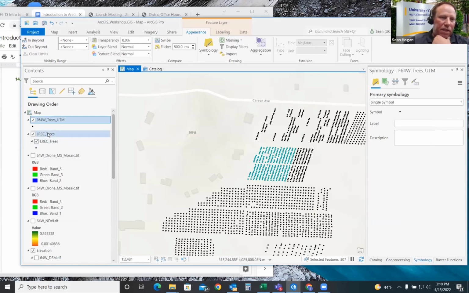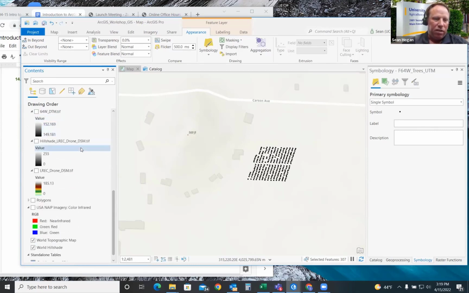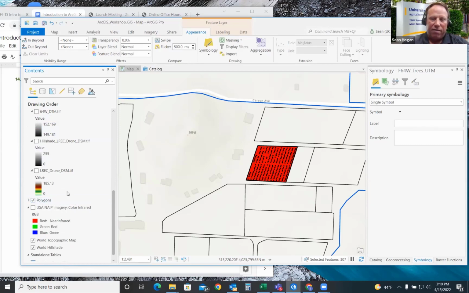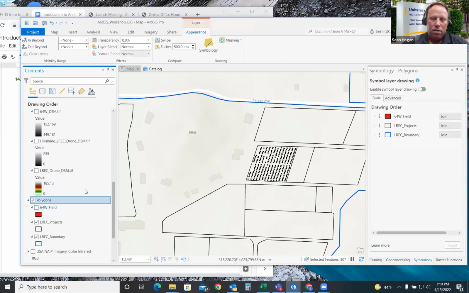And you'll see this pop up at the top of your drawing order. You can now turn off the LREC trees here, and you can see that we only have that layer left on there. This is the one that we want to join with the Pacline data. We don't need to join everything. Maybe I might turn my polygons back on just so I have a backdrop. Oh, that's a little too much. There, so we have those trees here.